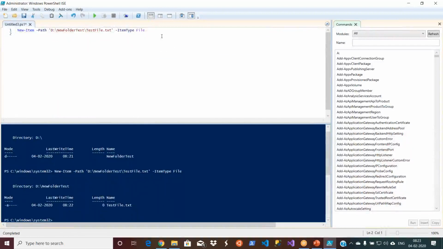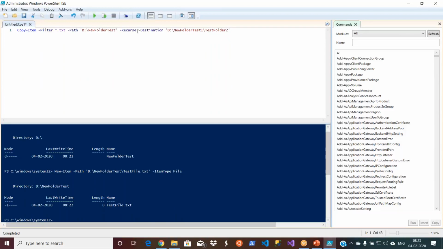Let me delete this. I already created these things because writing these things takes a lot of time. Okay, so what I'm saying now, I'm copying items, like I have text files as well in my test folder. I mean, under the folder test, I don't have a test folder. I only create a new folder test, right?